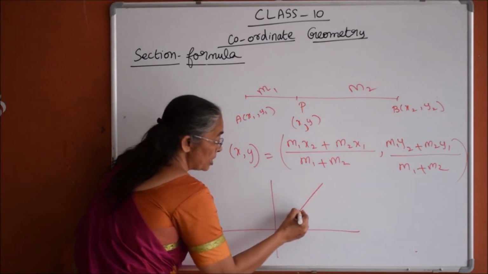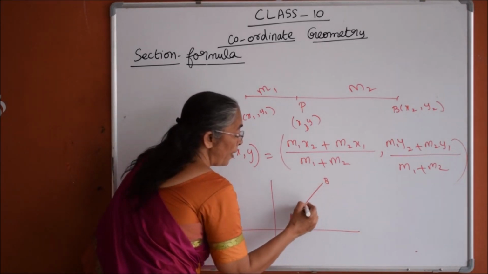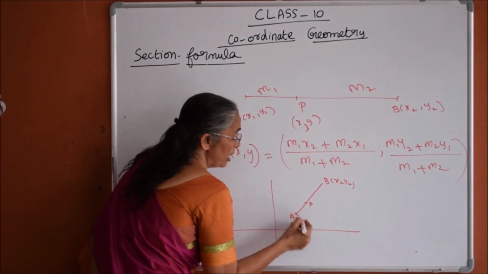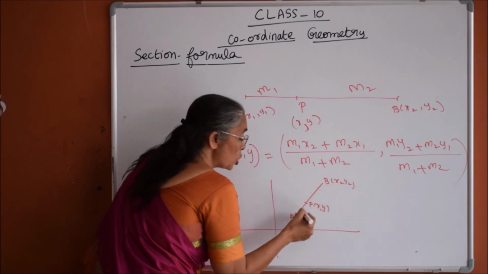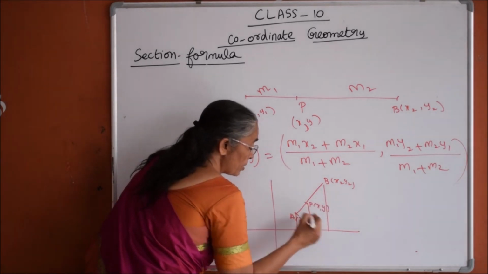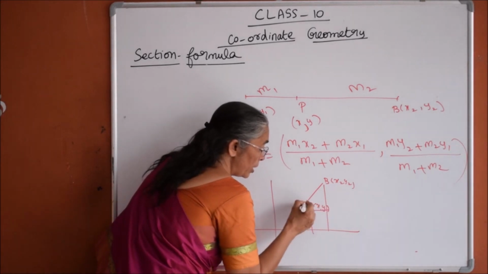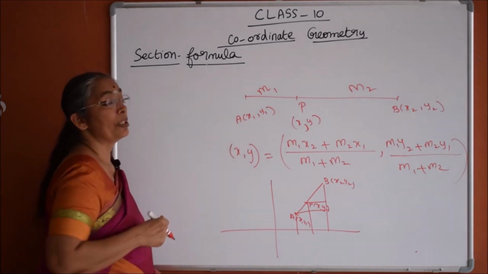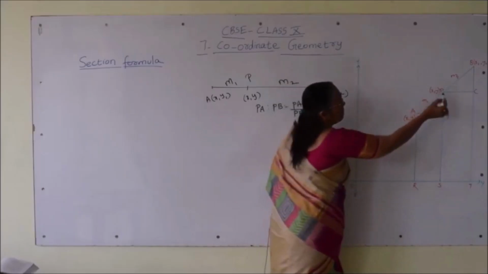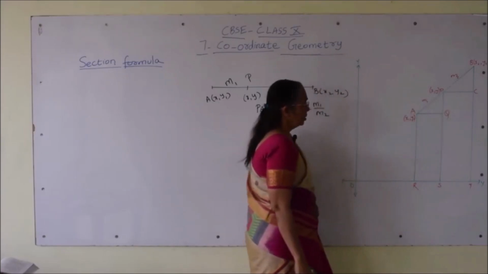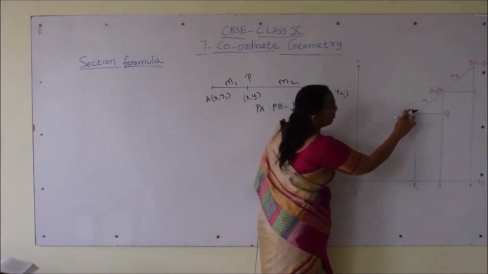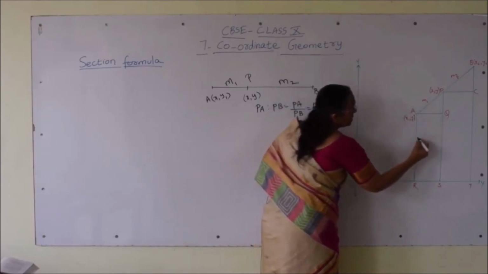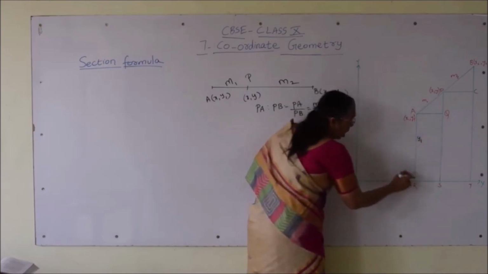We will consider a point A, a point B, and P is a point here. This is (x2, y2) and this is (x1, y1), then P is (x, y). We drop perpendiculars from here and we get two similar triangles. This is one triangle, this is one triangle. By writing the similarity ratio, we can derive this formula. Now, just for once we will mark all those things. If A is the point (x1, y1), then RA distance is y1 and OR is x1.